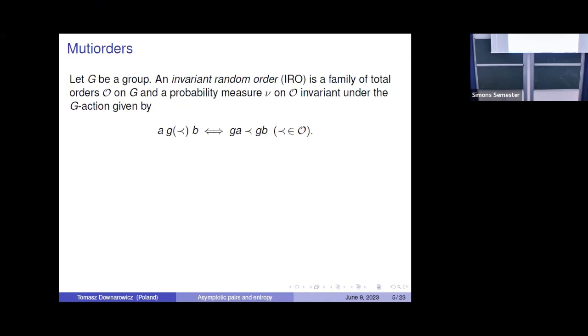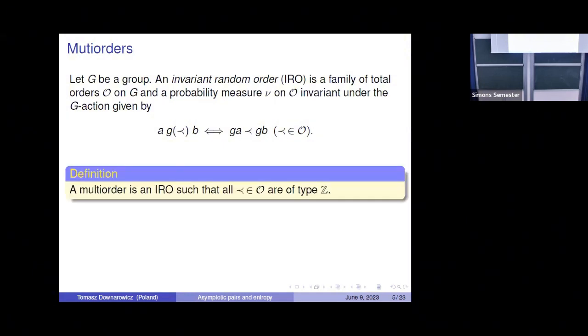So this pretz is an element of this family of orders. And then this G of pretz is another order, which is defined by this relation: A is less than B in G of pretz if GA is less than GB. So we have a natural action of the group on the family of orders. We want this family to be invariant,